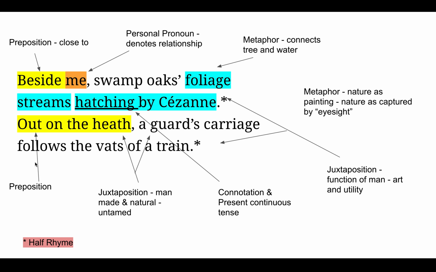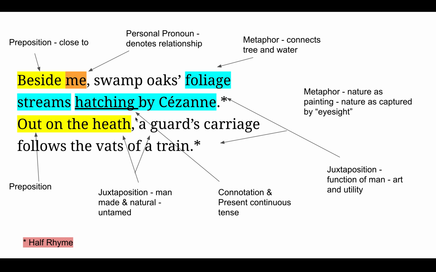In the second stanza more specifically, out on the heath, the preposition here is a contrast to the first one, which is close to the persona. This one's further away. This is out on the heath. So it sets up the relationship. Now, the word choice of heath is also interesting because heath tends to be a word which describes a wilderness. So you've got this sense of untouched land, and out on that untouched land, there is the train. So there's that juxtaposition in these two lines between the man-made, the train, and the natural, the heath. And I think this juxtaposition of man and nature is something that Gray does throughout the whole poem.